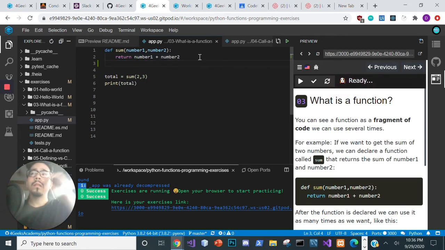The last important part here is the return keyword. Remember, when we defined what a function is, it takes some data in, performs some operation on this data, and it returns back this data to us. Okay, so if we look in line 2, we're returning the sum of our first parameter plus our second parameter. Okay,